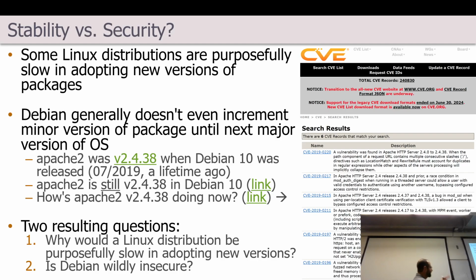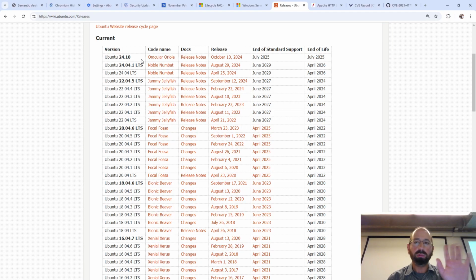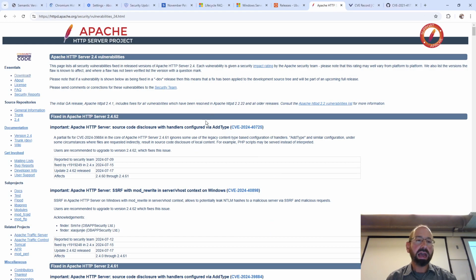Today, and again, I don't think those numbers are correct, but they're close enough, it is still that version. If you were to look at that Debian 10 release that is still being supported, it still has version 2.4.38. I ask rhetorically, how is Apache 2 version 2.4.38 doing now? And we'll get back to my point here. You go to the Apache server project, you look at their listing of their own vulnerabilities, and